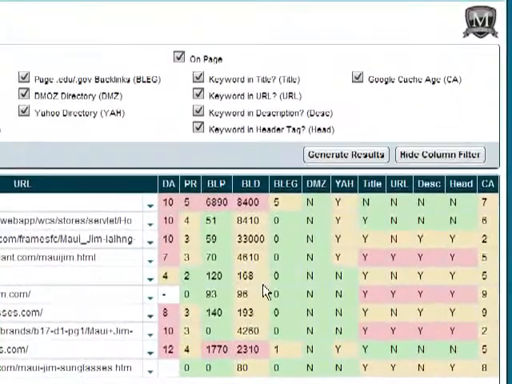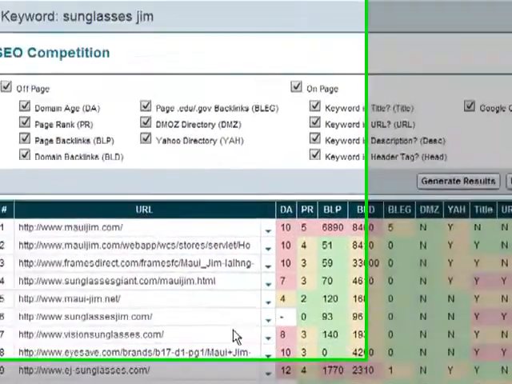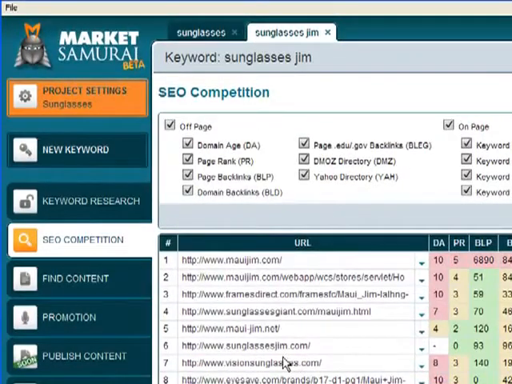Now this is all the information you would need to make a decision